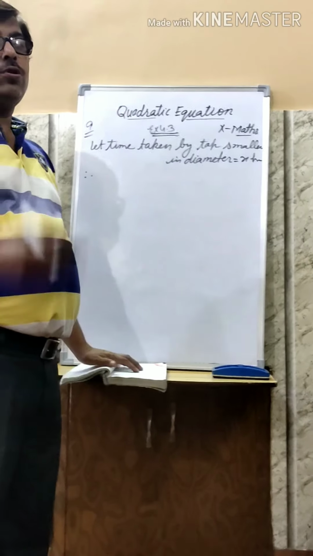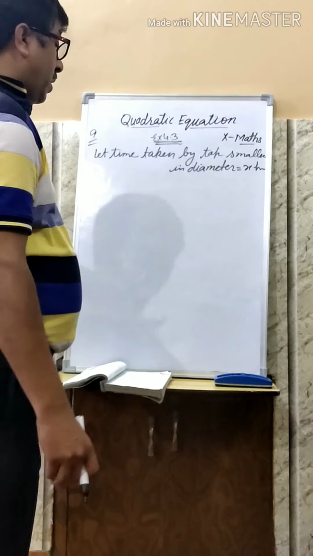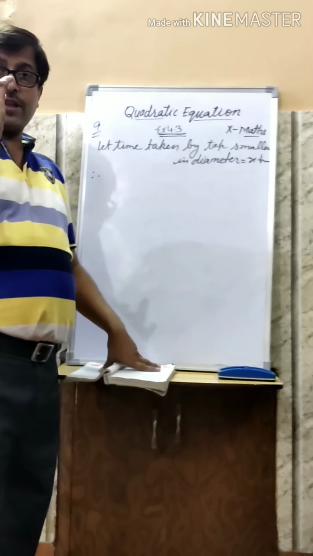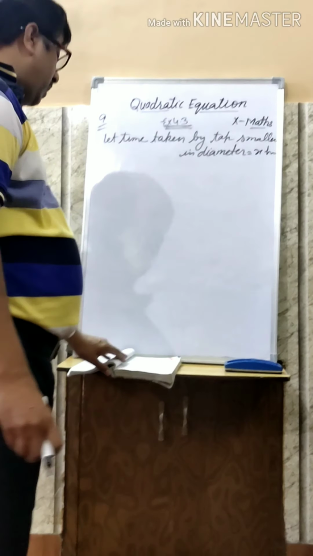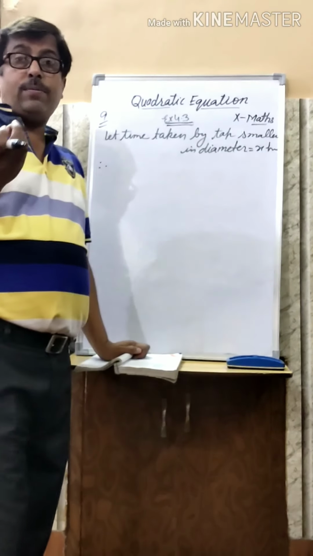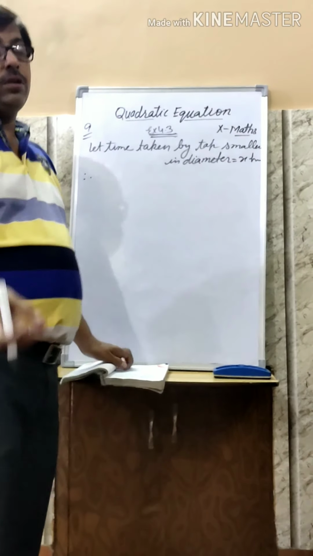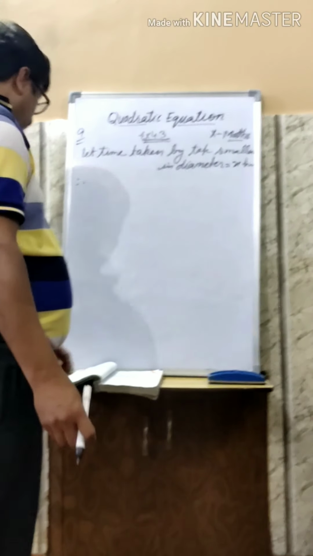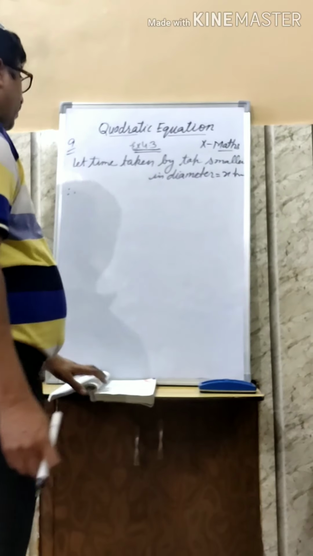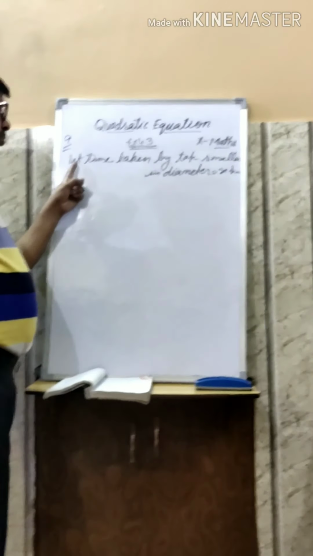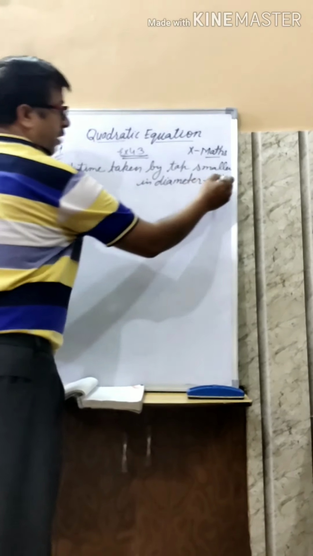So my dear students, two taps are there. Then he is saying the tap which is larger in diameter, whose radius or diameter is more, takes less time than the smaller tap. It is very much clear. When diameter is more, then this tap will take less time. So he is saying it takes 10 hours less time. Hear this. Let the time taken by the tap small in diameter be x hours.